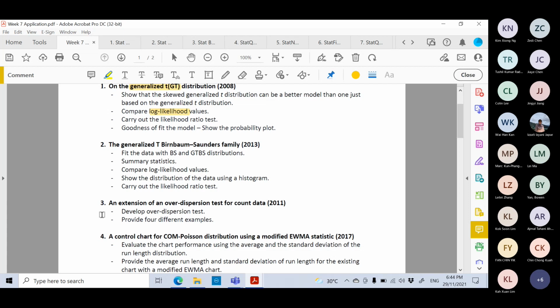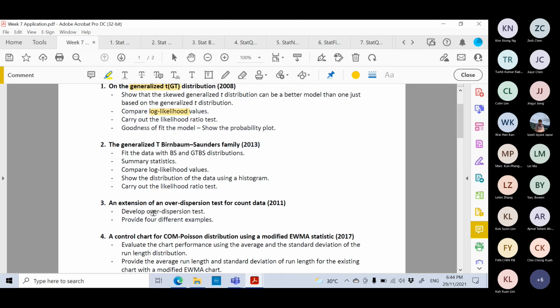Actually, they already have the hypothesis test, but they try to do an extension of the following hypothesis test. So this one you need to support with your theory, okay? But if you cannot derive the theory, of course you can carry out a simulation study to justify that your proposed test or your extension of the test will be quite useful. Okay. So in the third paper here,